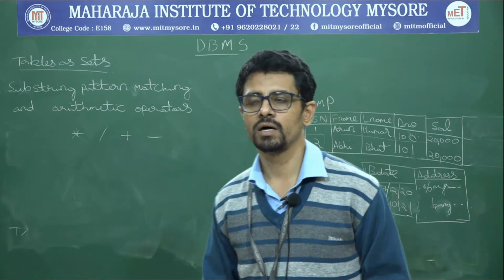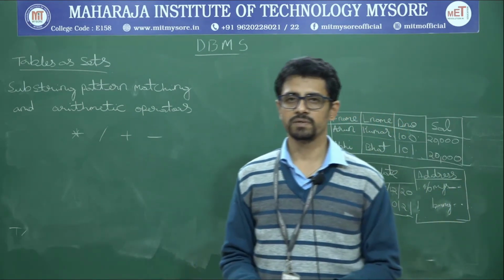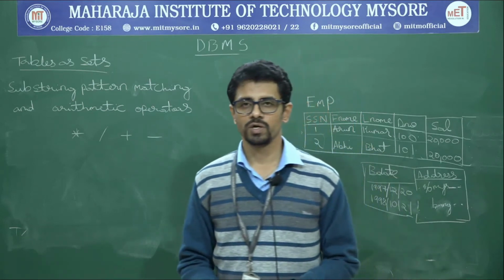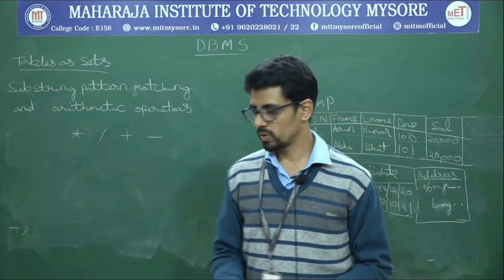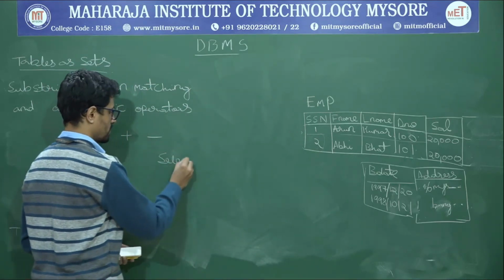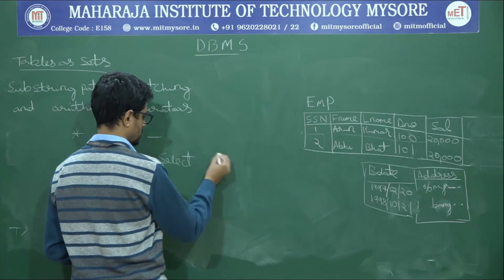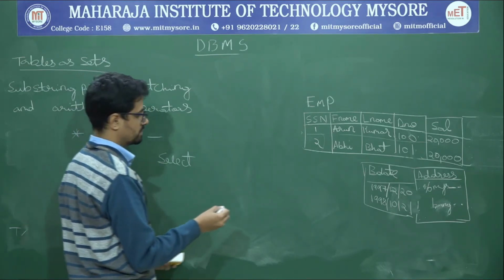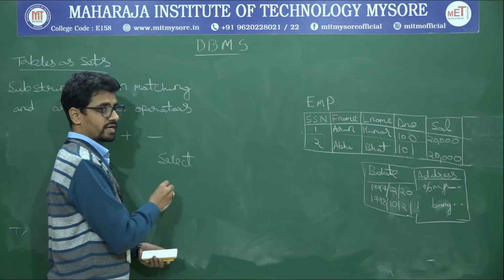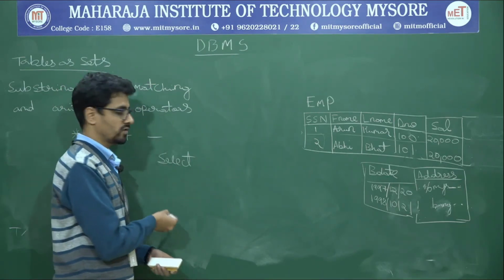Say, for example, I ask you to give an increment of 10% to all the employees who are in the employee table. So what can we do in that case? We can write a query. I want an increment of salary with 10%. One way of writing it is by using a select clause, and the other way is by using the update command. We'll see the select clause now.